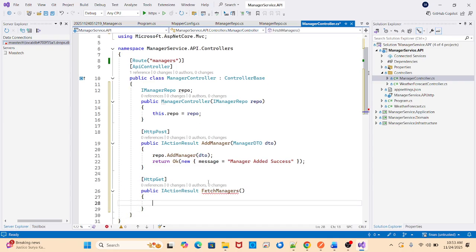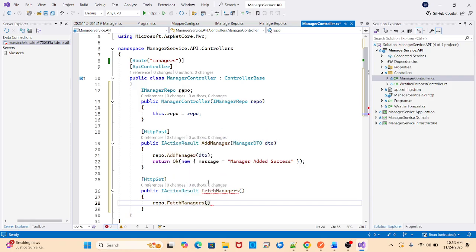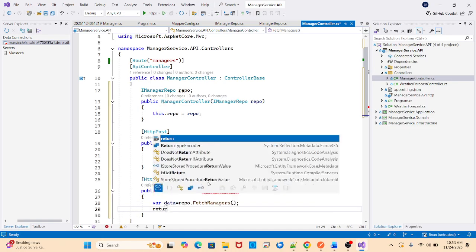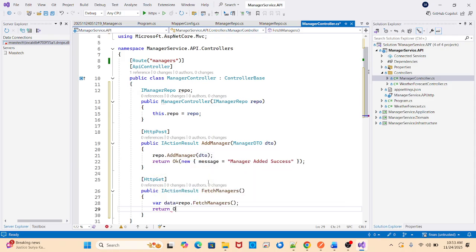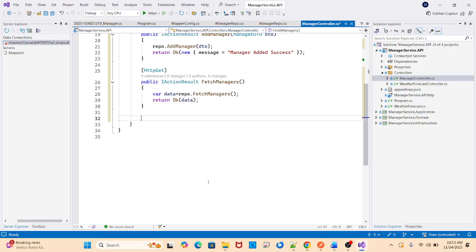Again, not passing any route. The same. Return. Store into first variable. Okay, so it will fetch the managers, and what I have to return? Okay, inside we will send the data. Correct. And the last third method,